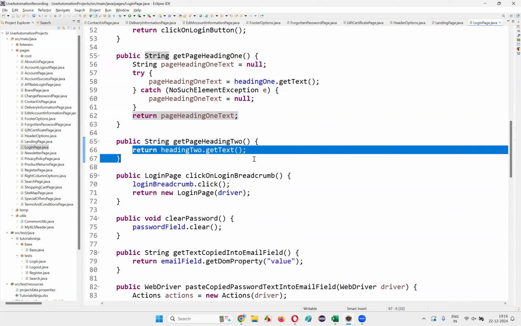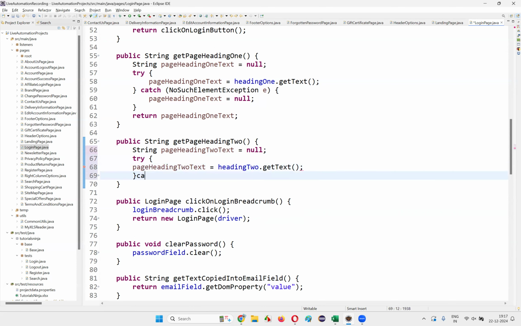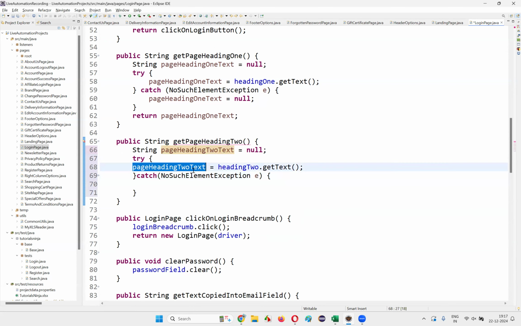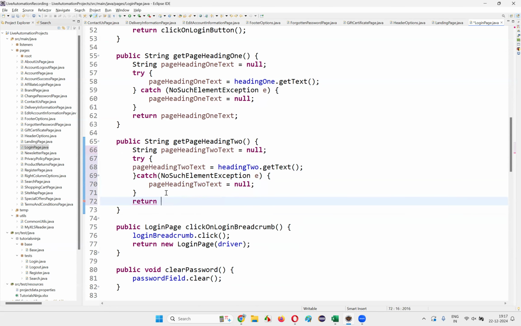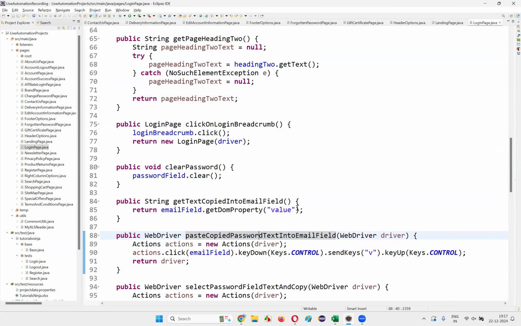Next one, return get text. Again, here also we have to do the same thing: String pageHeading2Text is equal to null, put a semicolon here and write down pageHeadingText is equal to, write the try block, here write the catch NoSuchElementException e, and here write down pageHeadingText is equal to null, put a semicolon and simply say return pageHeadingText. Control Shift F, save this guys. And again here no need to do anything, clear also no need to do anything. Here you're returning something,